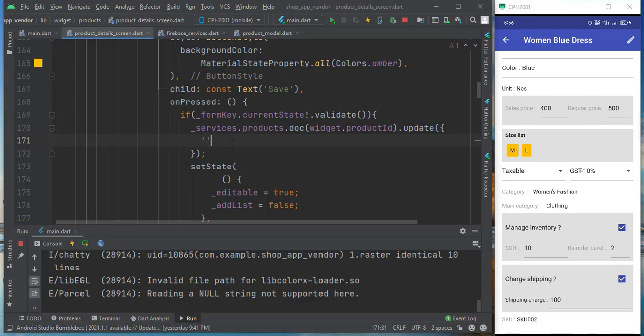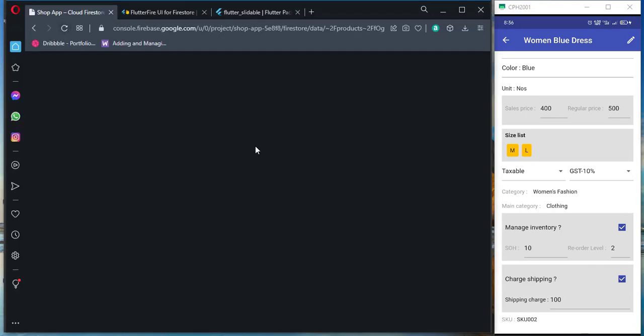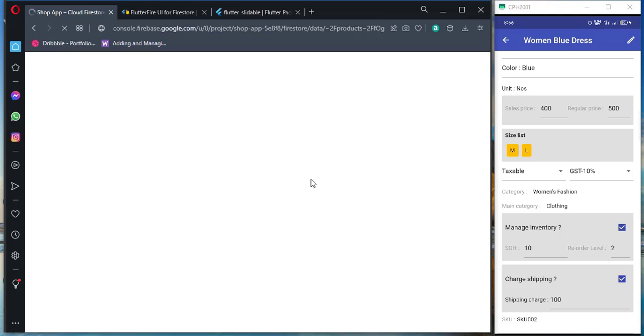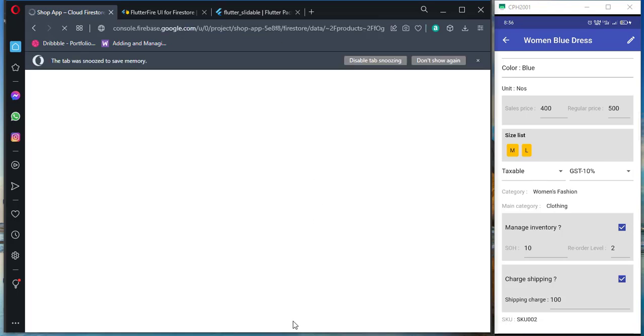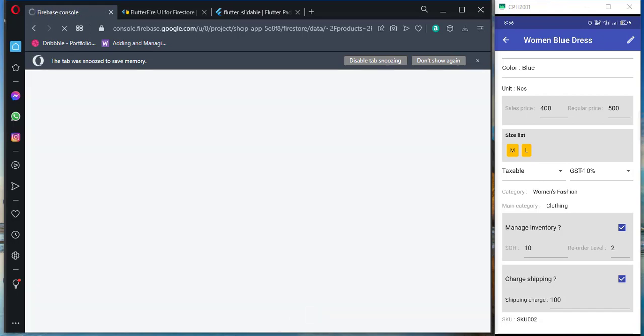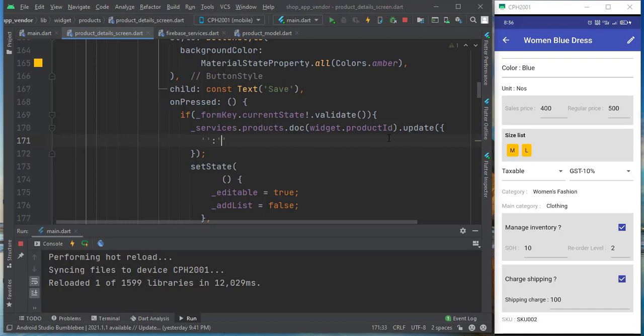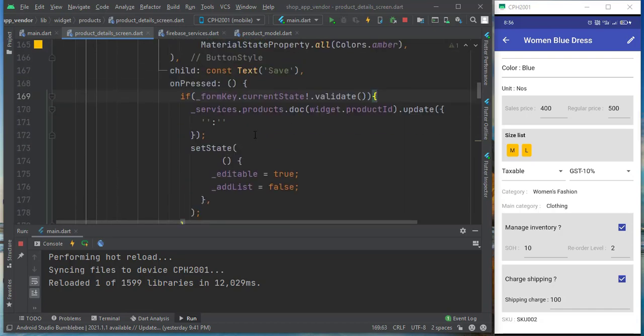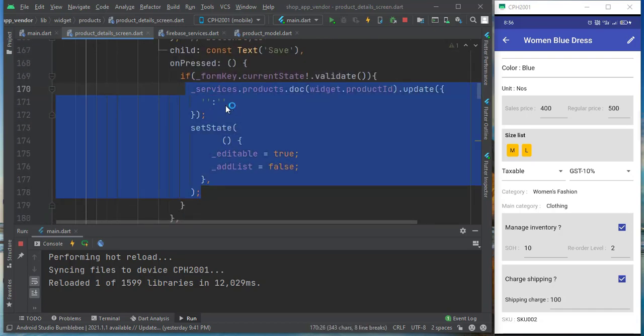In our Firestore, we are giving all the fields as a map, that is key and value. The same way we can send to Firestore to update the data. So actually we will separate this. Okay, just cut